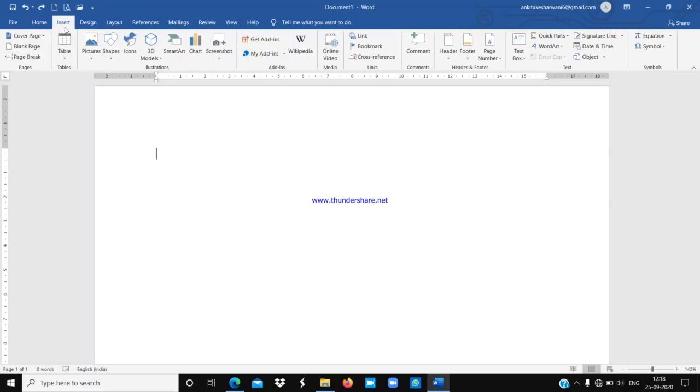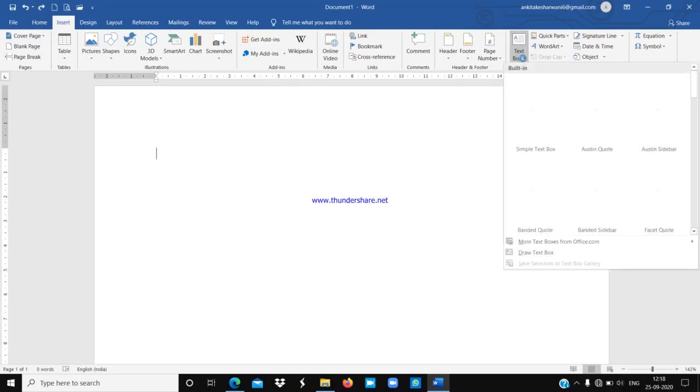Here you have to click on the text box button in the text group. You will find this text box button here, so you have to click on it.